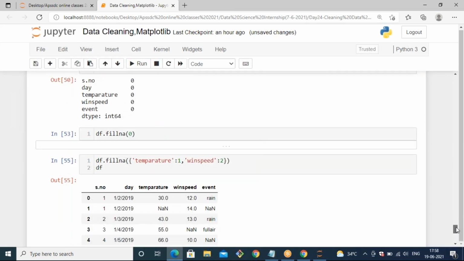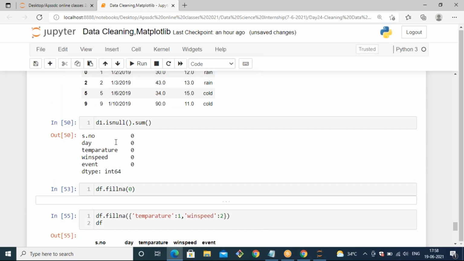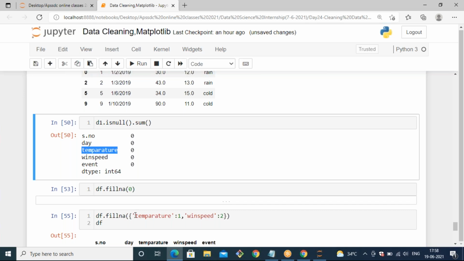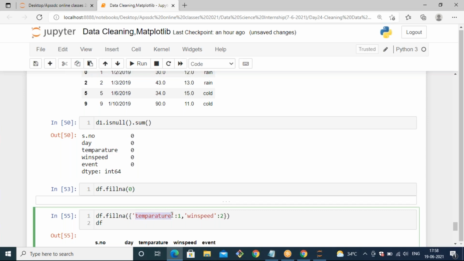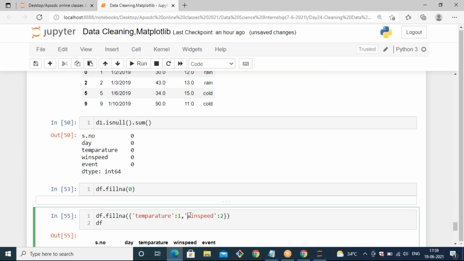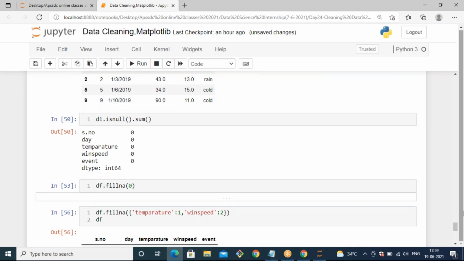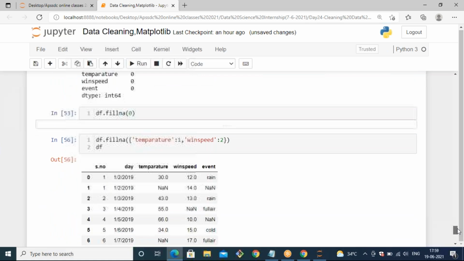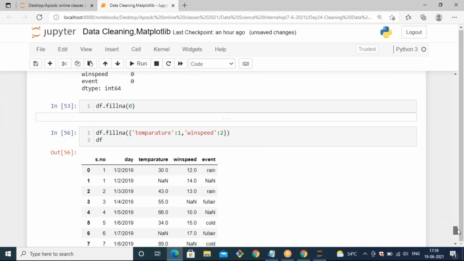If I change it also, it's not going to be changed. Let's see the spellings once. Yeah, when I change it also, it's not changed.